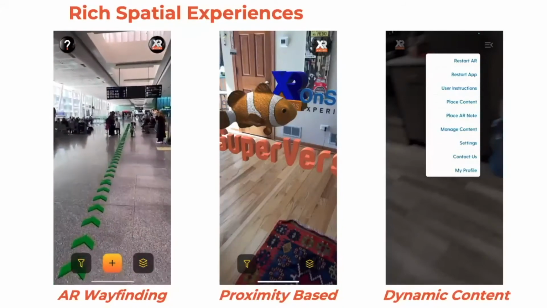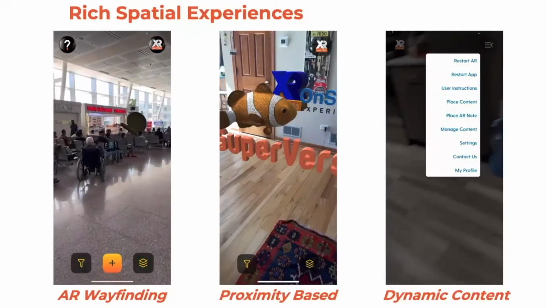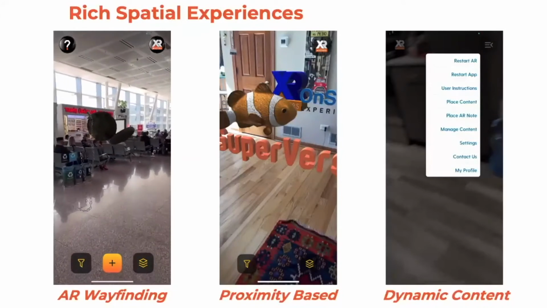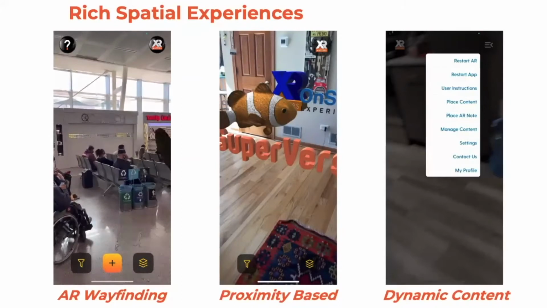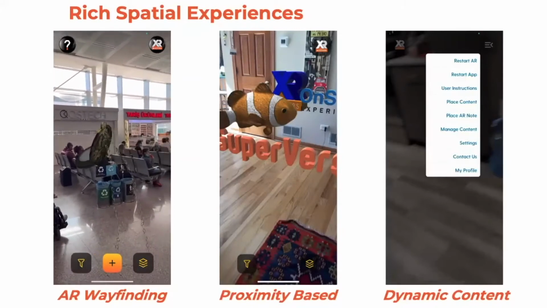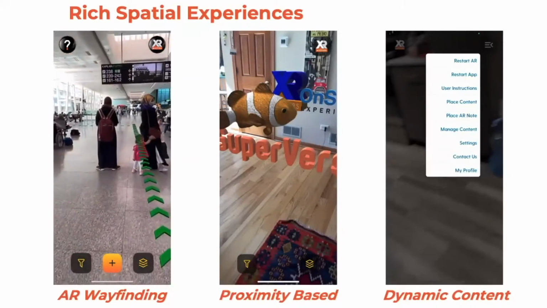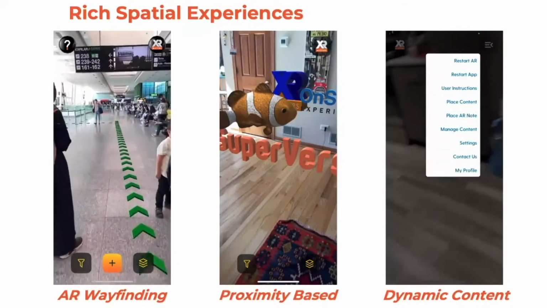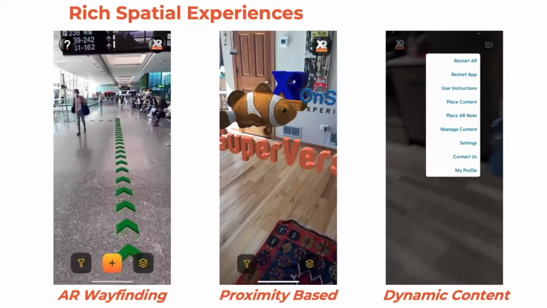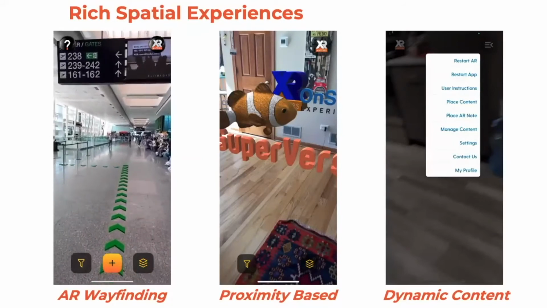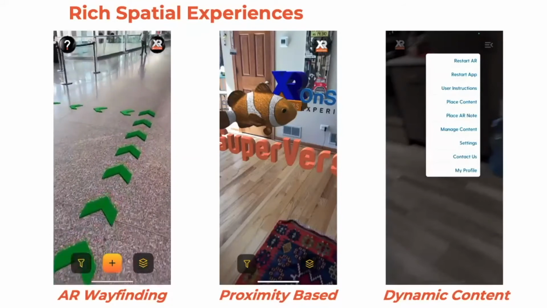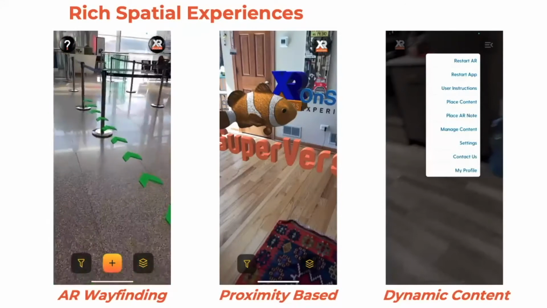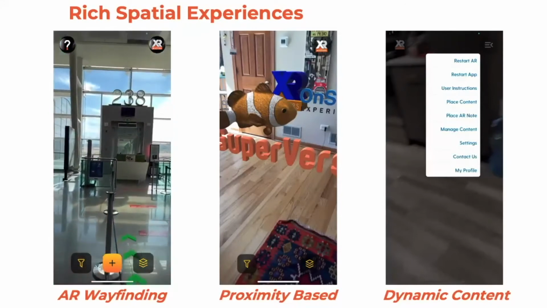Now on his left, while he's walking to his gate, he sees that there is another ad spatially located right in front of a shop which sells watches. And he continues to walk. Remember, his gate was 238, and the AR wayfinding support gets him to his gate at 238.